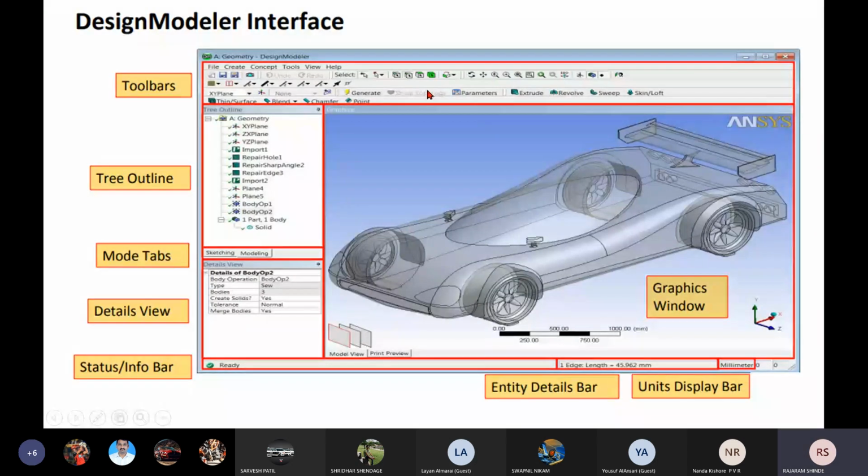This is a tree outline, and there are two modes. One is sketching mode and one is modeling mode, known as mode tabs. This is a details view. Here we are giving the properties, that is dimensions, to the geometric entities. This is a graphics window, and this is the entity details bar, and here you are getting the unit display, and this is a status bar, ready.